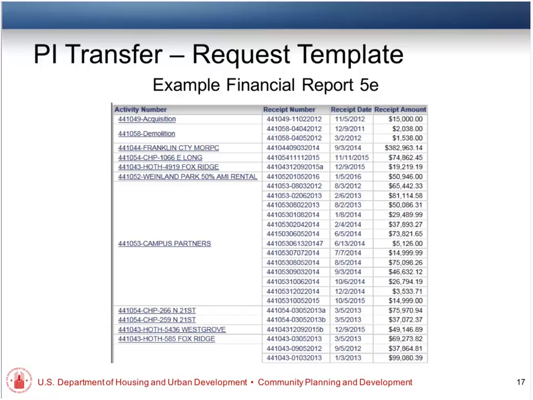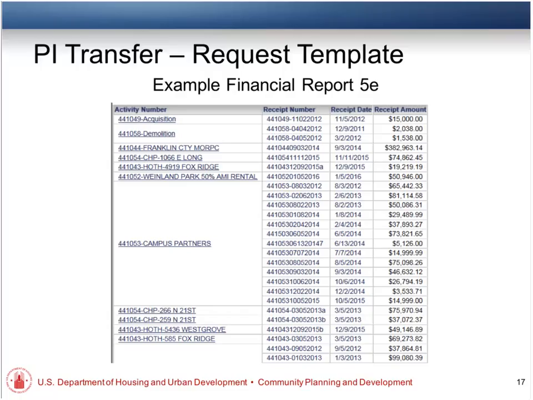Right. Yep. So if you go through this list, you can even sort your receipts by date if you want to. That's the great thing about exporting the report. You can do a lot to manipulate it to get the information out of it that you want. You can do those manipulations within DRGR as well, but if you want to have it handy as a separate file, you can export it.